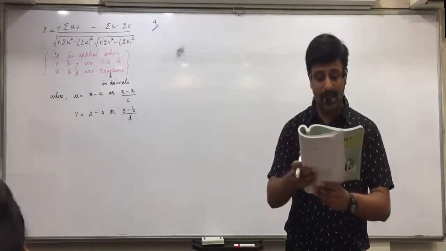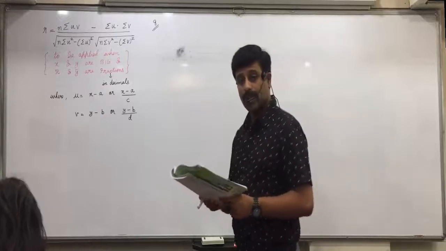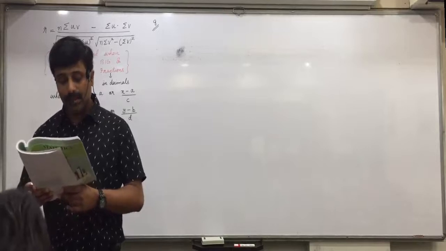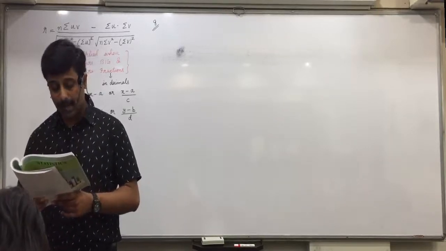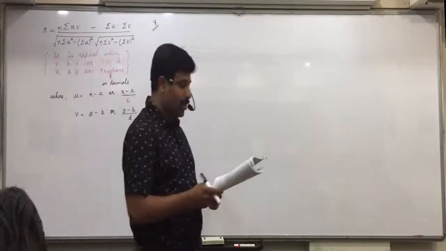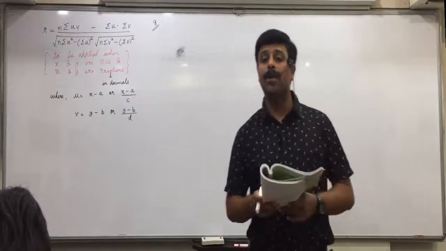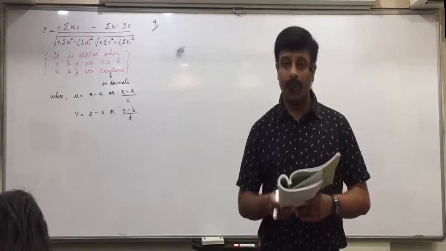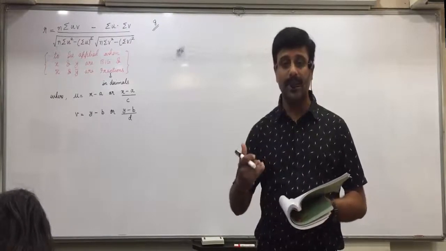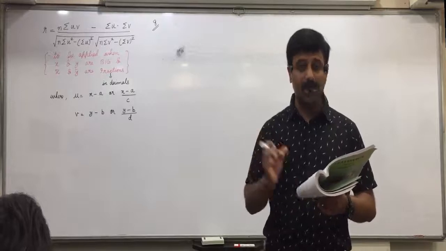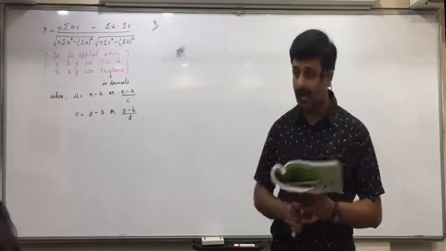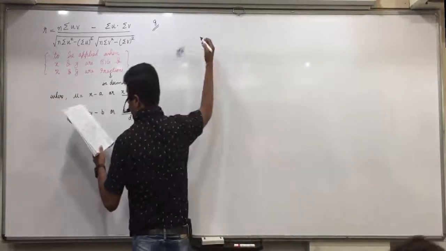An engineer association wants to know the relation between the production in 1000 units and the unit production cost of different factories. The information collected from 6 factories regarding their production and unit production cost is given below. Production is independent, so that is X, and cost per unit is dependent on production, so that is Y. Write the values of X and Y and obtain X bar and Y bar.